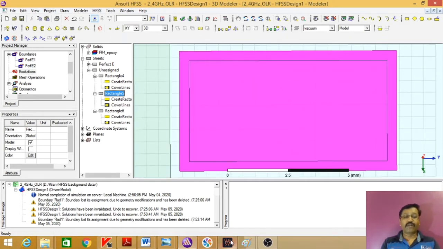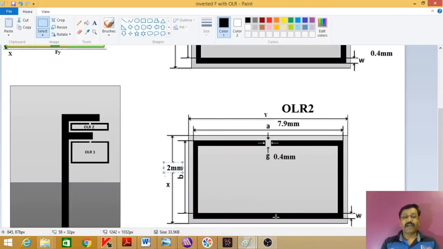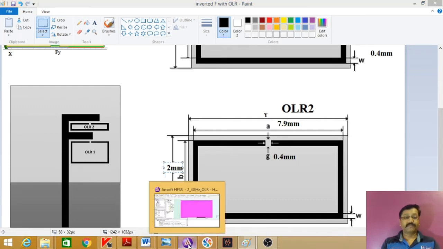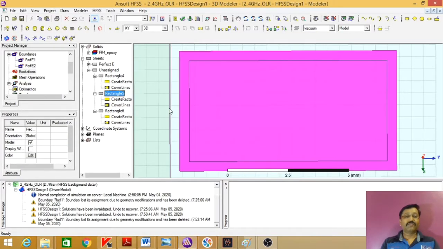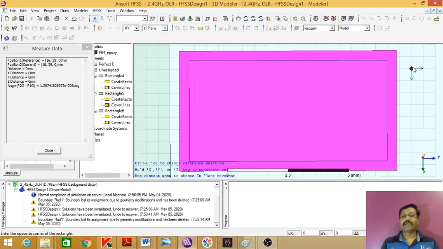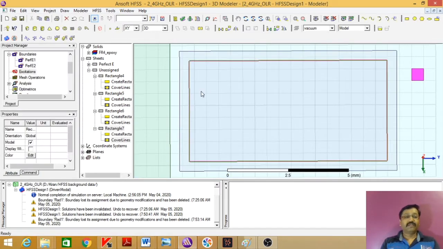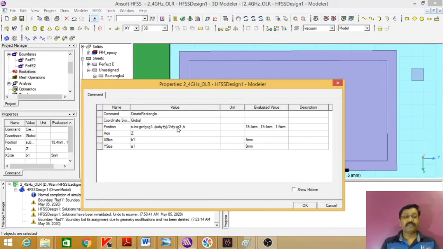Now we need one more rectangle to subtract at this gap. So gap is nothing but the gap between the two splits. So we call that G1 or G2, and the gap between these two we allotted already as G3. So this gap is assigned as G3. Now we need to create the gap between the two rings. So we'll take one more rectangle, we'll create it. We'll copy the same coordinates.